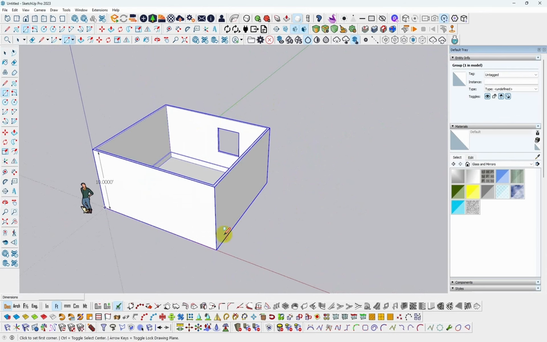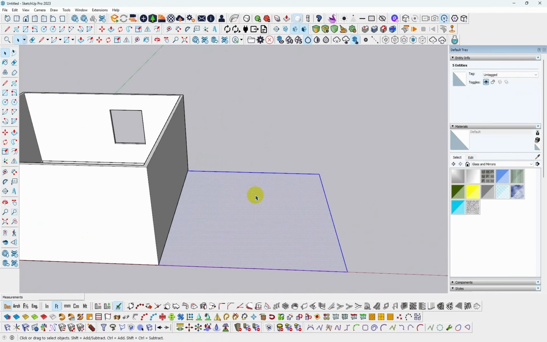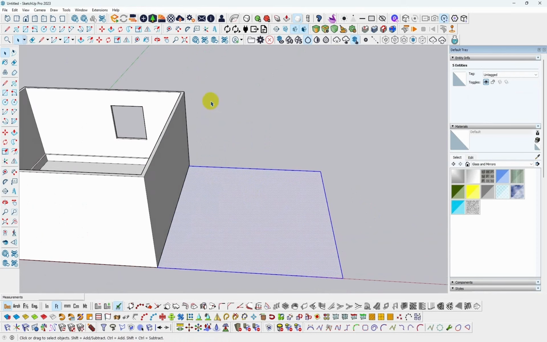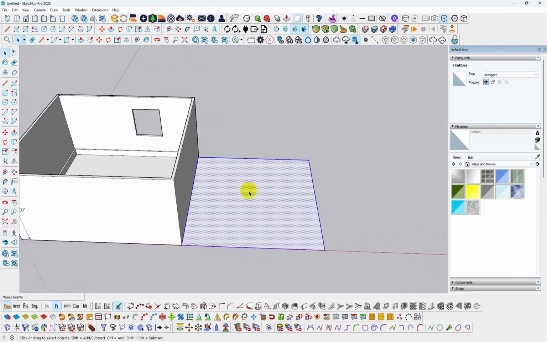I'll create a rectangle here or a plane, and when I double tap, there is another tool called the move tool. That is what will help you place your objects in a position where you want. In SketchUp, the selection tool is a different thing altogether from the move tool, and the move tool is this star or cross kind of thing here, or M on your keyboard. Now when I move, it moves separately,